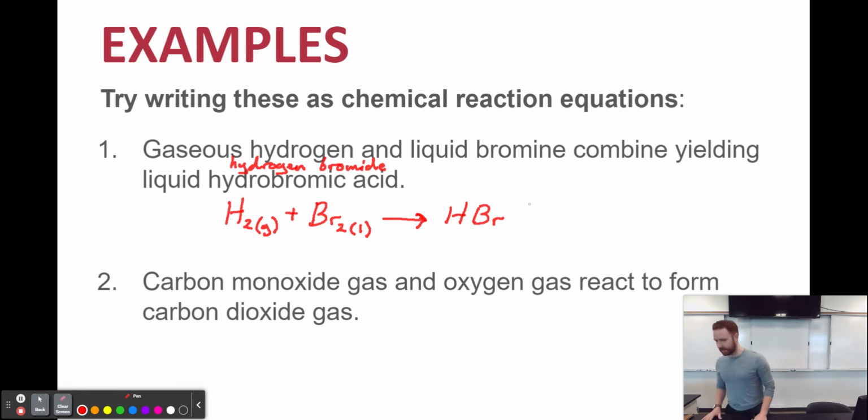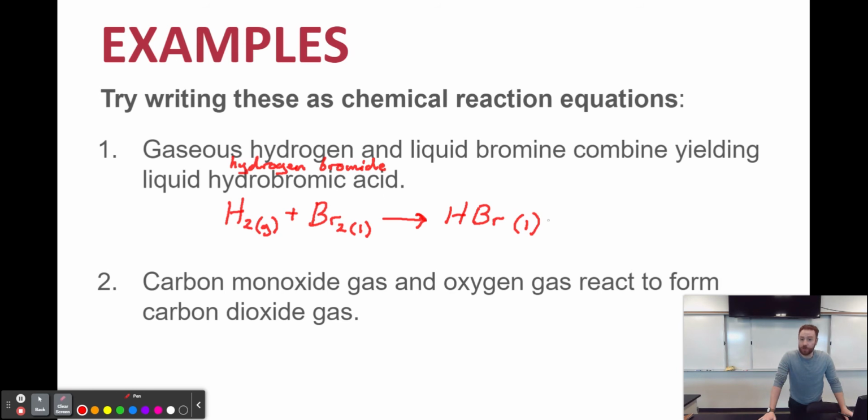Let me think for a second. Bromine has a -1 charge. Hydrogen has a +1 charge. Okay, yeah, so that's going to be hydrogen bromide, or hydrobromic acid. And it's a liquid. So there it is. That is the first equation. Gaseous hydrogen and liquid bromine react to form liquid hydrobromic acid. The second one,